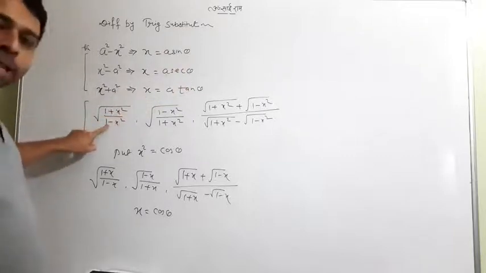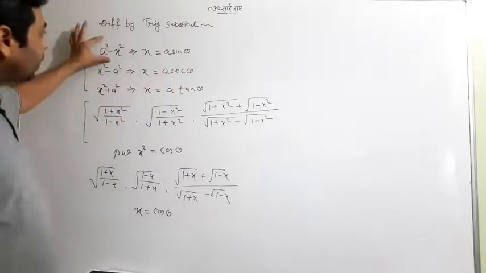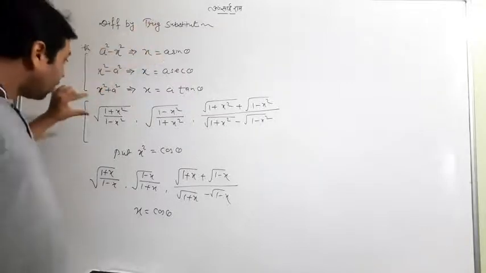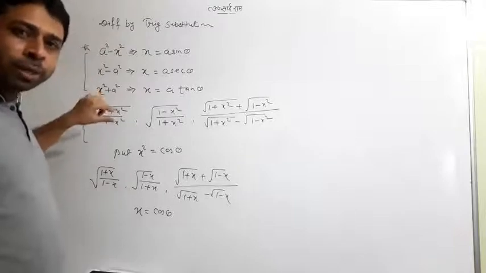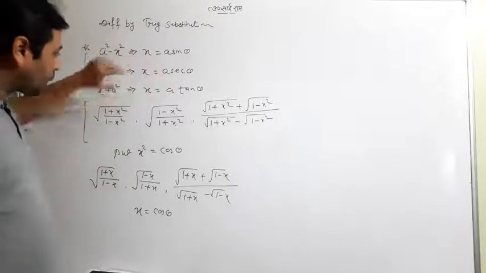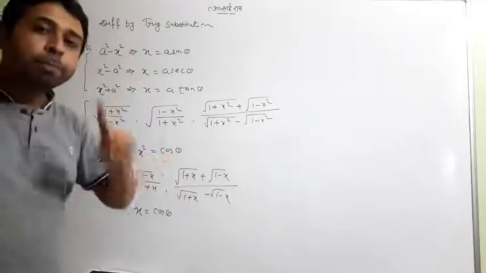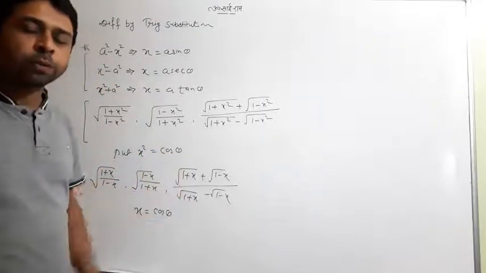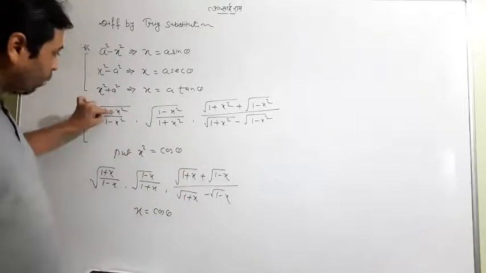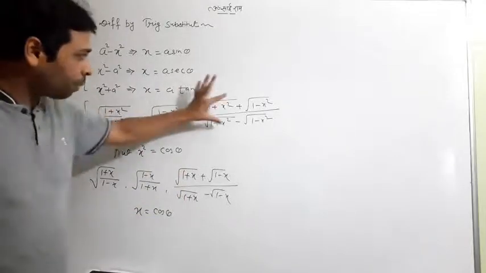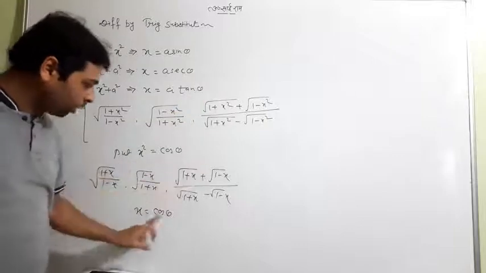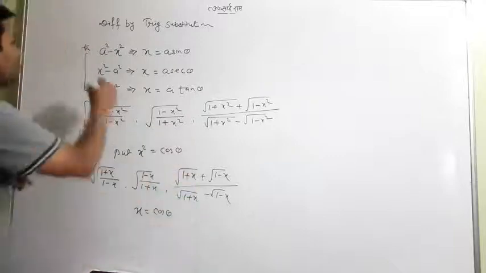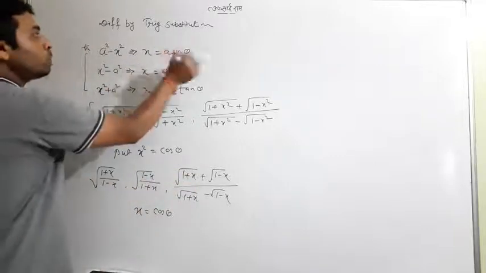But together in the same question, 1 minus x square is coming, which is looking like that one, so one can think that x equal to a sin theta will be substituted. But in a single question, if both are coming, you cannot put this, but you have to put x square equal to cos theta. Remember, x square equal to cos theta, don't put x equal to cos theta, otherwise it will be wrong. So x square equal to cos theta you have to put here and here, and when only x is coming in a question, you have to go with x equal to cos theta. But keep in mind that ultimately in all these, the root sign is necessary.